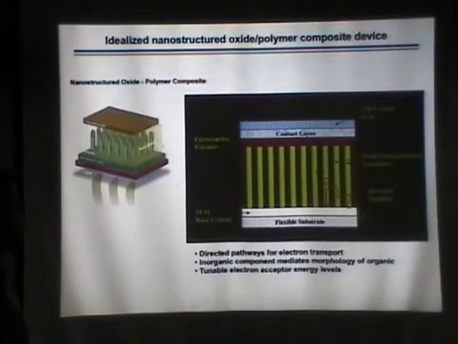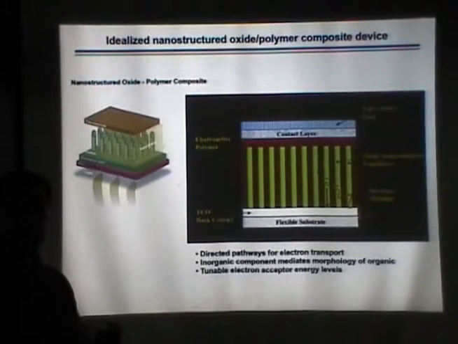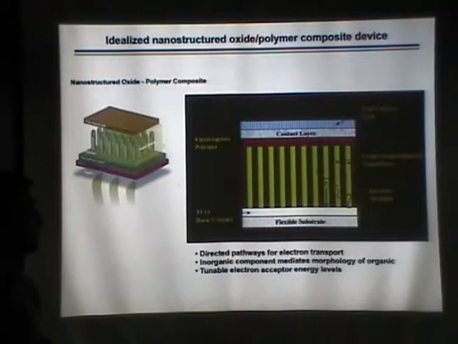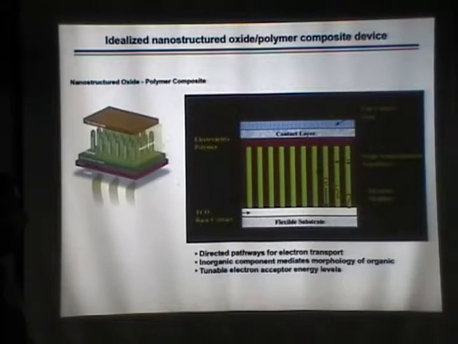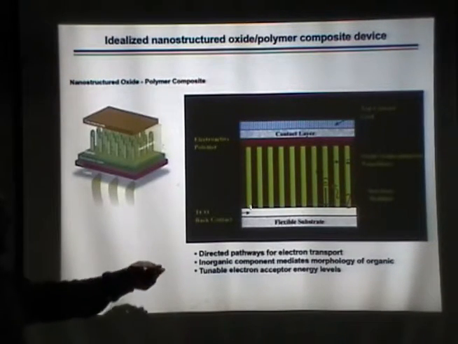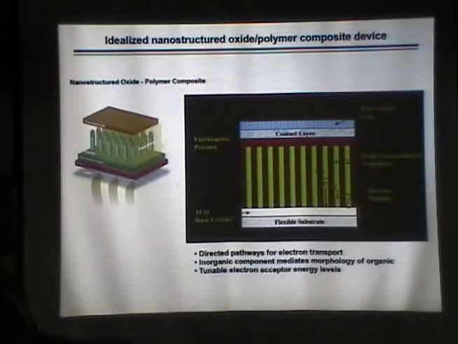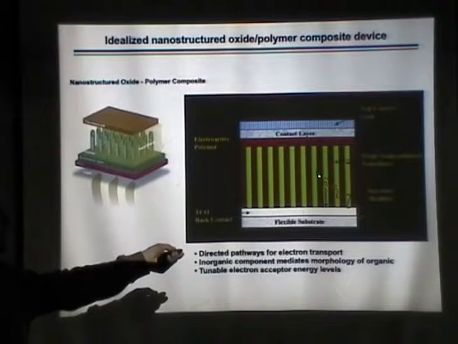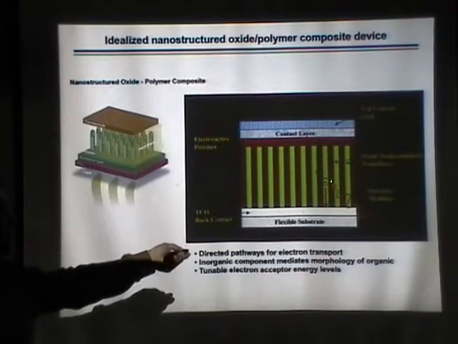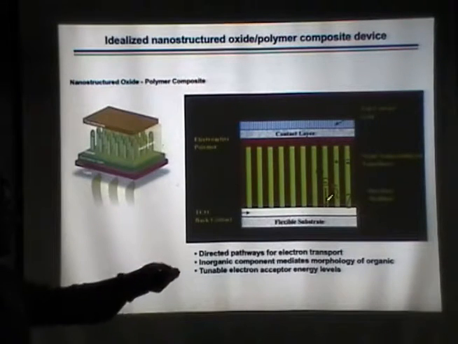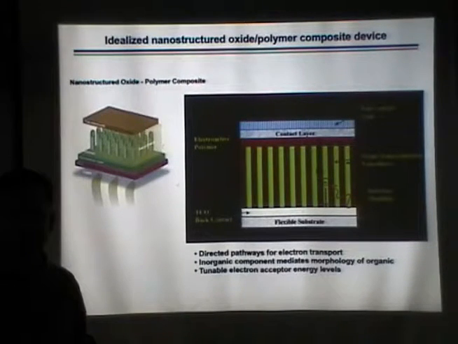Device architectures. So I've showed you pictures of these mixtures of molecules, of donors and acceptors that would be used to generate the free charges. And a common picture that you see that people will show are these very straight pathways where we intercalate the donor and acceptor, but in a very ordered fashion, so that the exciton would dissociate at the interface, and positive charge would go this way, electron charge would go that way, and then very clear highways to move along. So we wanted to go by making something like this, and looked in the literature